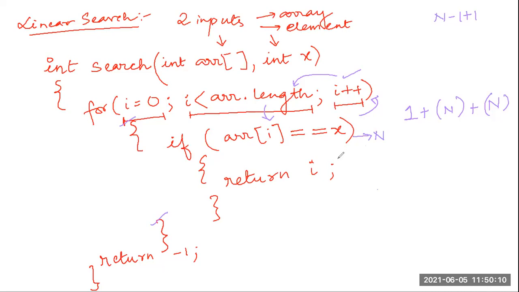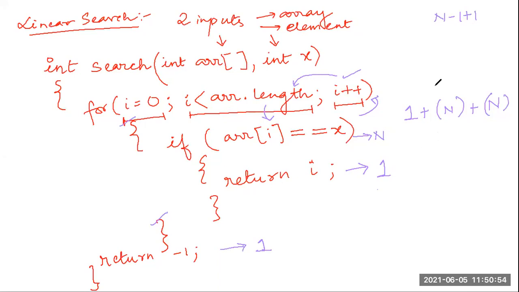And suppose I am getting the answer, so I will return it. So this return will execute one time. If I get the answer, then only I will return. I am not returning for all the elements. I will return for only one element, that there will be my element found. So this is executed one time. This is executed n number of times. This is executed one time. This is executed n, and this is n minus 1 plus 1, which gives us n. So this is all that is executed, and at last this statement will also execute a maximum of one time if I do not have the elements.